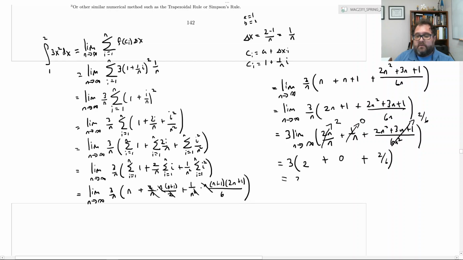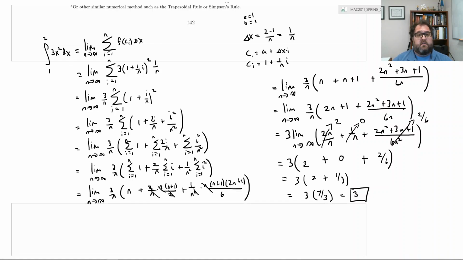And so I get 3 times 2 plus 2 over 6. So 2 over 6 is a third. If you want to add 2 and a third, 6 over 3 plus 1 over 3 would be 7 over 3. 7 over 3 times 3 equals 7. So that took significant effort